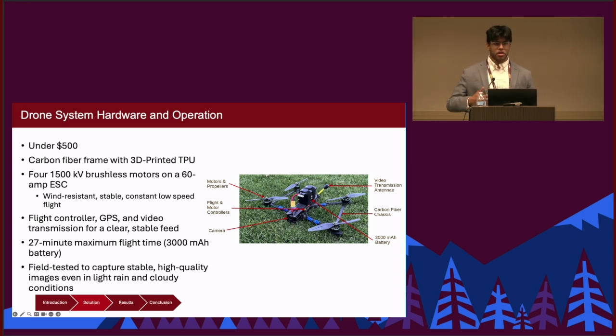But another advantage of using drones in this use case is that it can easily return to a home location, and the battery can be replaced by the user, or larger battery packs can be used, furthering the flight time to be nearly infinite as the drone can autonomously return and then be relaunched by the user. And we field tested this, although not in real crop fields just yet, but in fields and